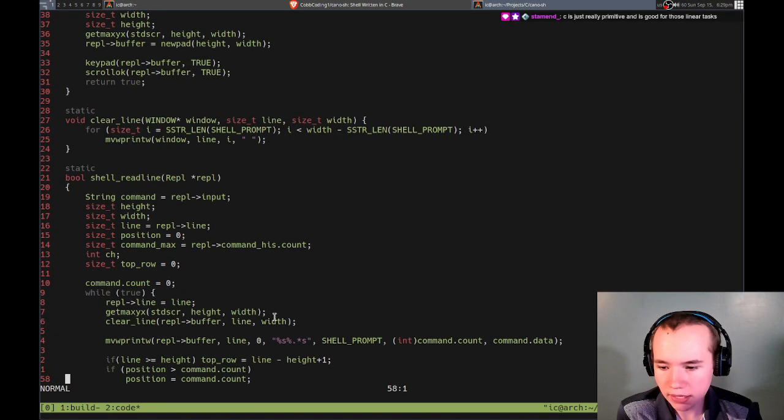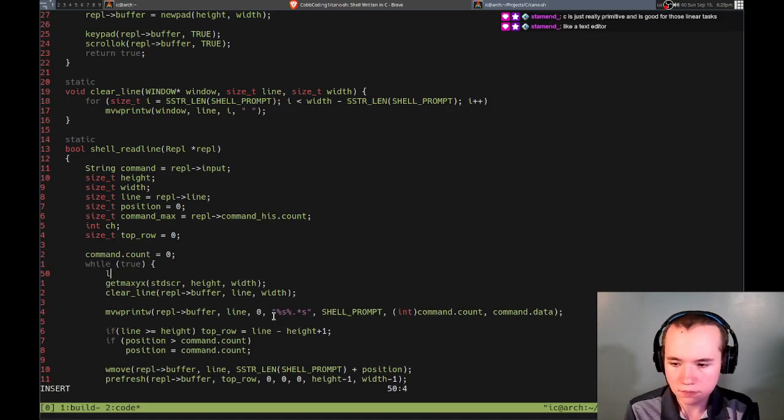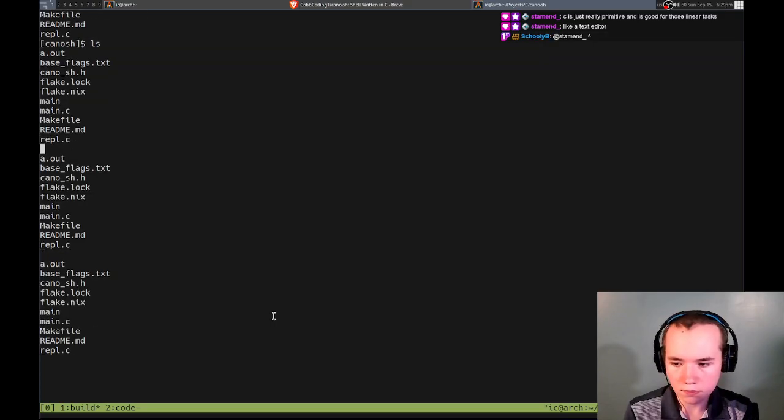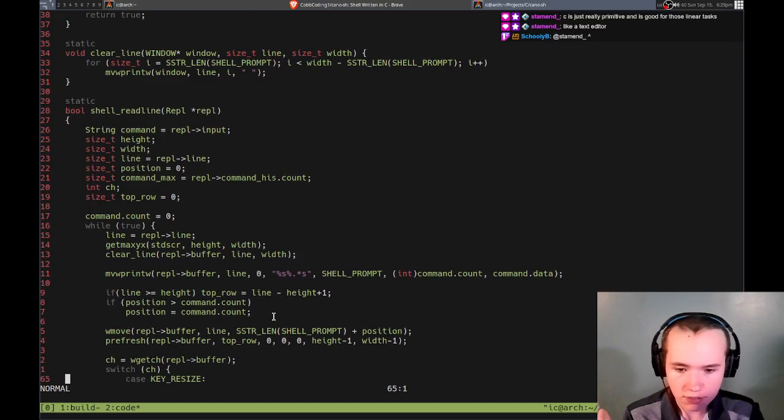Set the line to that. So why does it do this? Because I can't see it anymore. It's rendering the cursor there. Is this not supposed to be line? Oh, we're supposed to need to